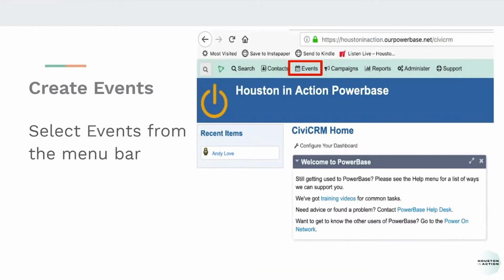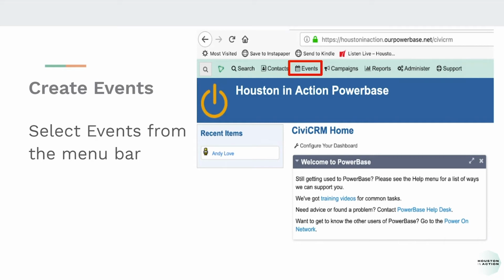So the next step is, once we're logged in, a window like this will show up. Now we notice that at the top, there are two different search bars. It gives you two different avenues to search for data in the system. We're not going to be reviewing that in detail today, but just know that there are multiple ways you can search for the data, whether through events, a person, phone number, or email. There's a contacts tab, which is to get a list of the contacts you have in the system. If this is the first time you're logging in, you will not have any contacts in the system other than possibly yourself and another staff member who has granted a login.